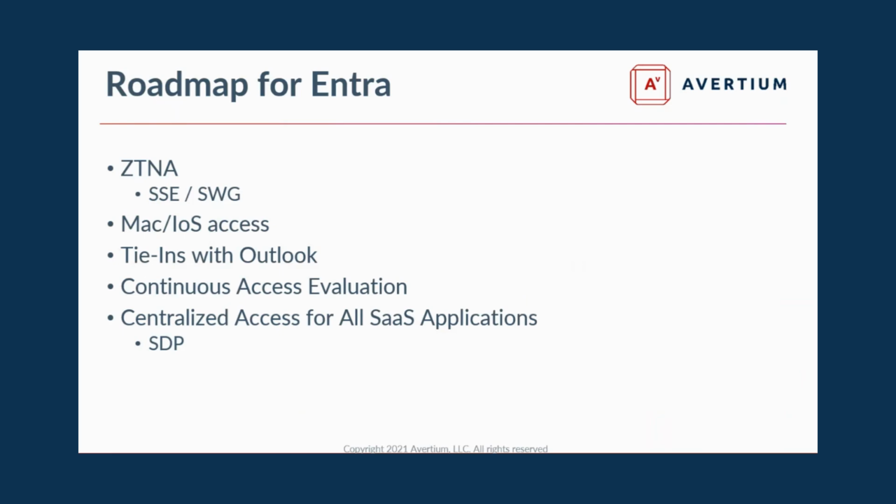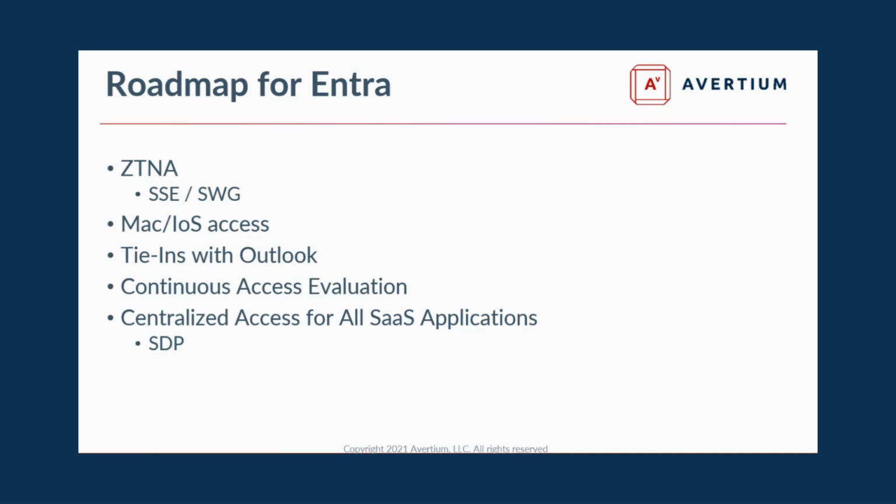I wanted to call out some of the roadmap items, some of what is expected to become of all these different product sets, because I think it's helpful to get a lens for what tomorrow may bring, as it were. And for Intra, this is really being championed as the central hub for all things zero trust network access. Like, I think in the eyes of Microsoft and how they want this to be looked at, it is not